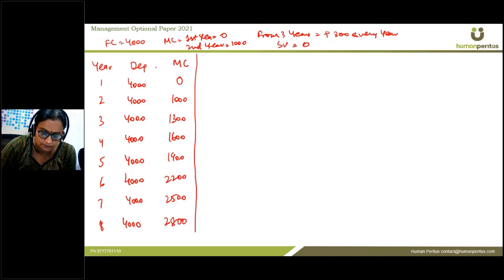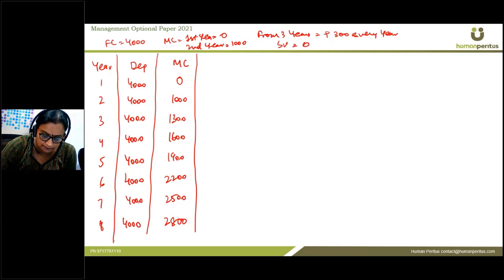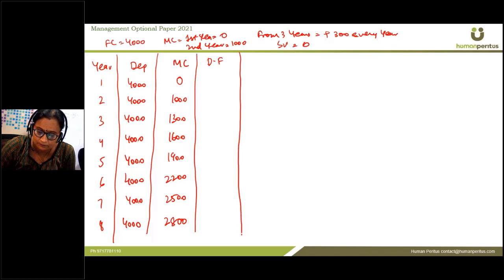So the first three columns have no change, but because in this question a discount factor is given, which is 0.12, the rate of interest is 12%, so we need to calculate